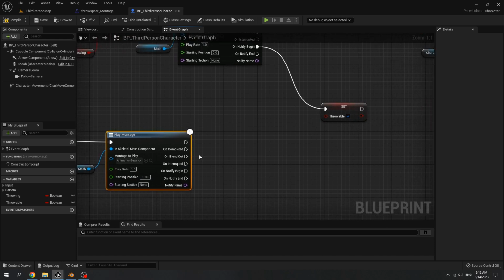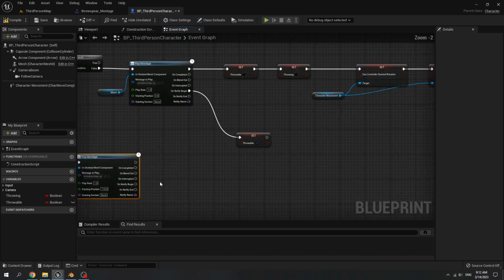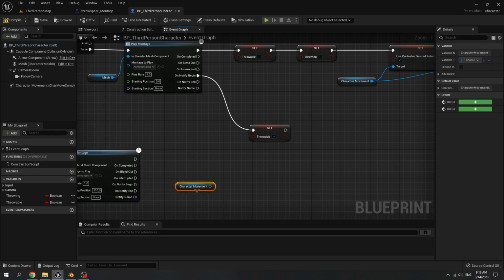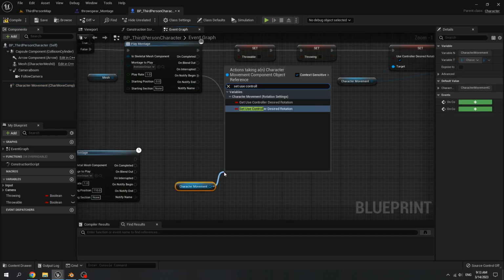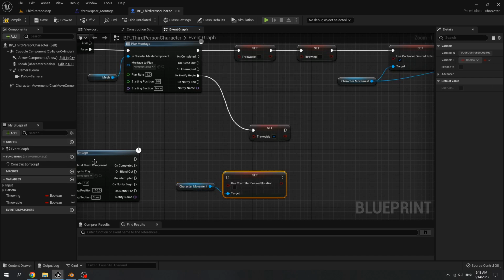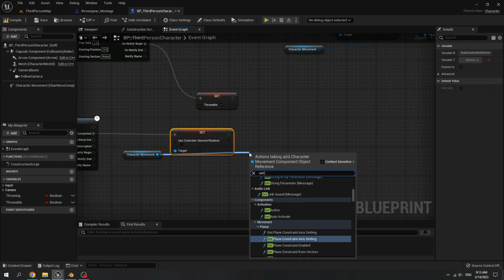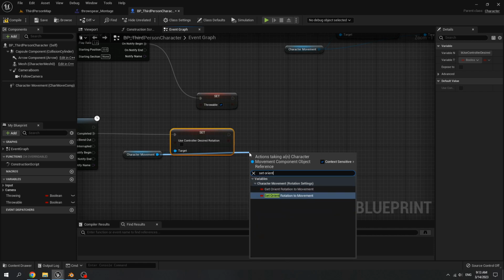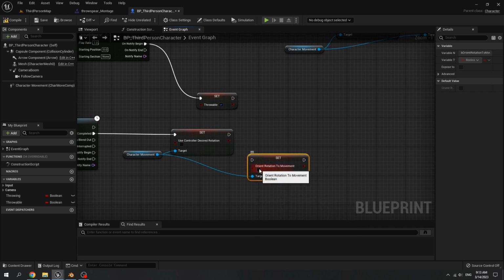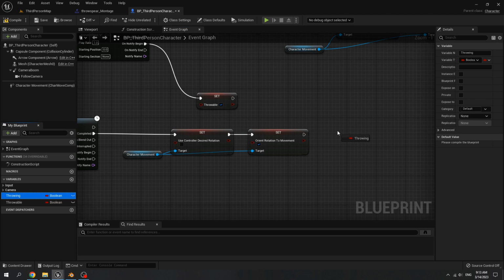When we complete this animation montage, we get character movement and set use controller desired rotation to false. Then set orient rotation to movement to true. Set throwing to false and throwable to false.